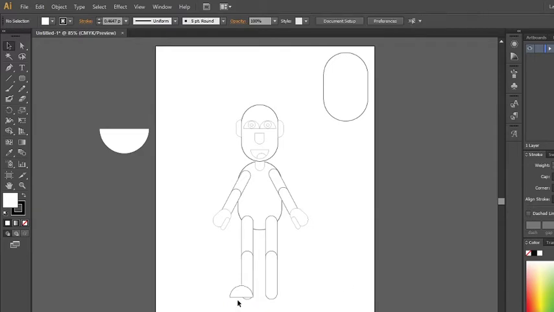Arrange, bring to the front, position, copy, and just like that, we've created our character,